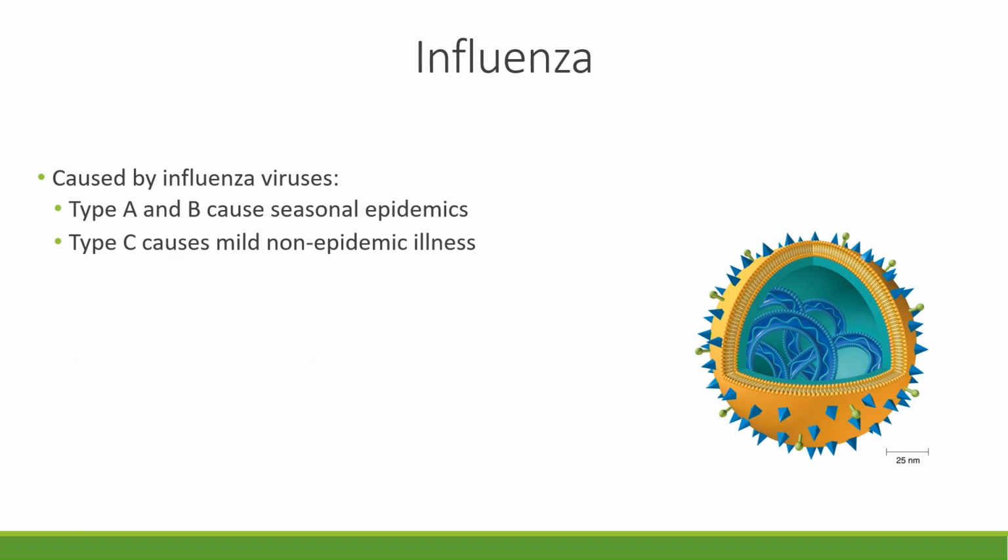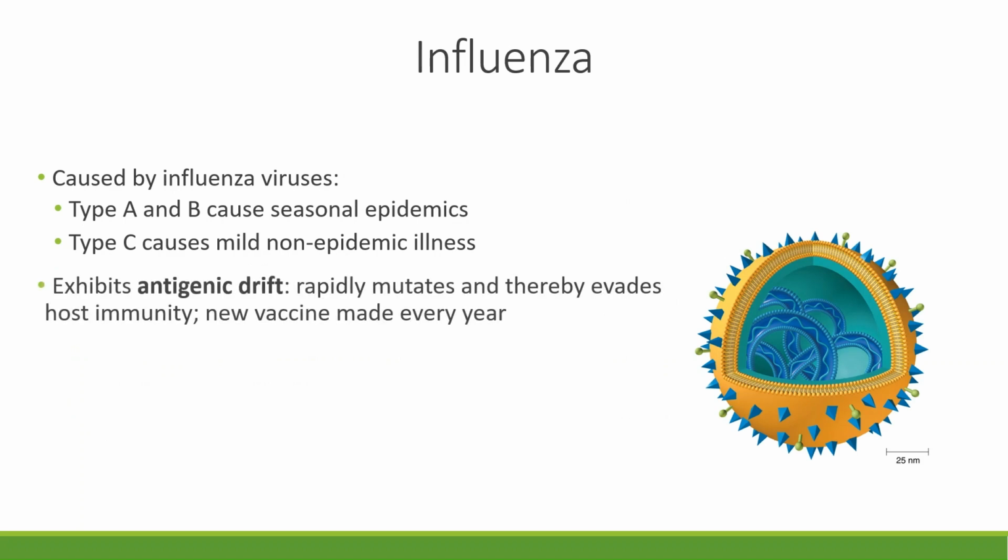The flu, or influenza, is caused by influenza viruses, namely type A and B, which cause seasonal epidemics, and type C causes mild non-epidemic illnesses. And they exhibit something we call antigenic drift, where they can rapidly mutate as they replicate. And this changes the structure of those recognition molecules on the outside of the virion,